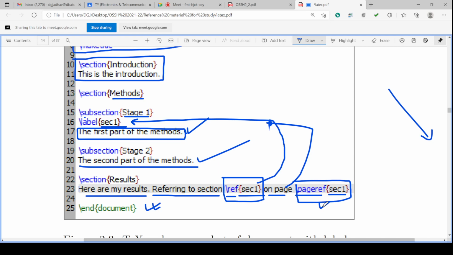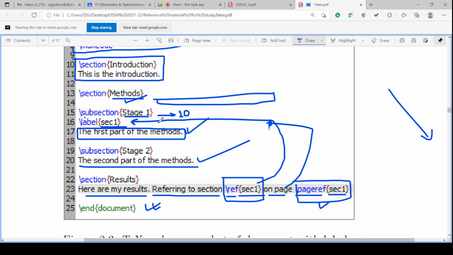So in this way, in preparing the document, suppose this methods section initially has a small paragraph, very small, say 5 lines of text. Accordingly, stage 1 is going on, suppose, at page number 7 or 10. Now it is page number 10.